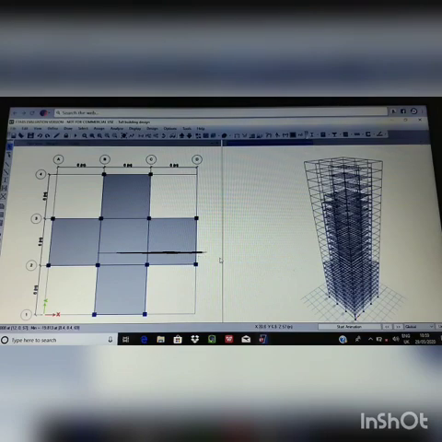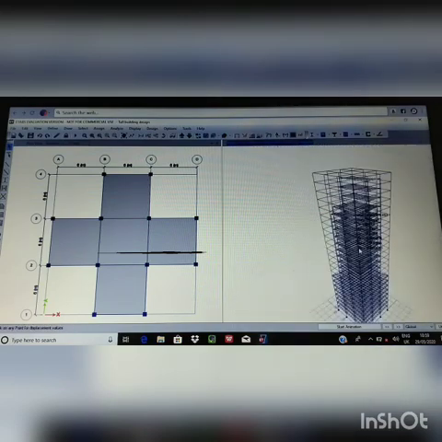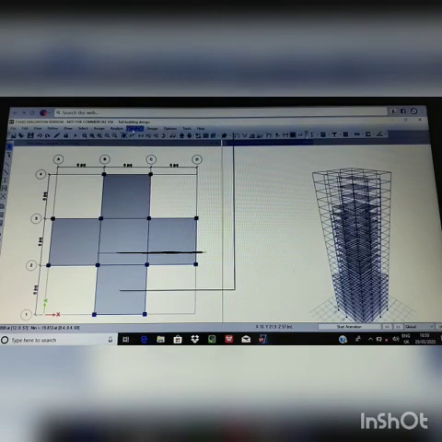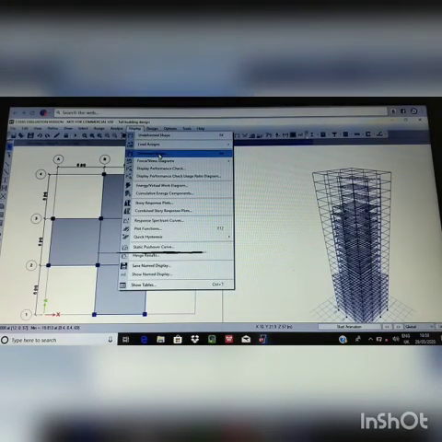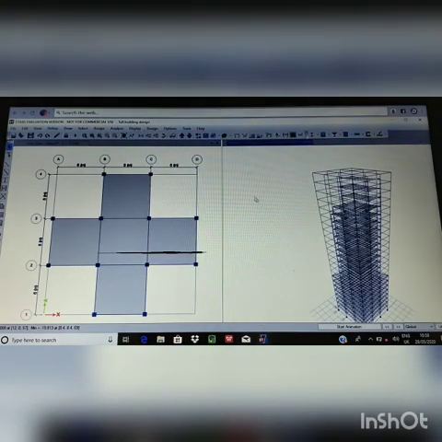Here we can check displacement values at points on the slab by placing the cursor on the points. We can also check shear, moment and slab stresses by clicking on Display, then Force Stress Diagram and then Shell Stress.